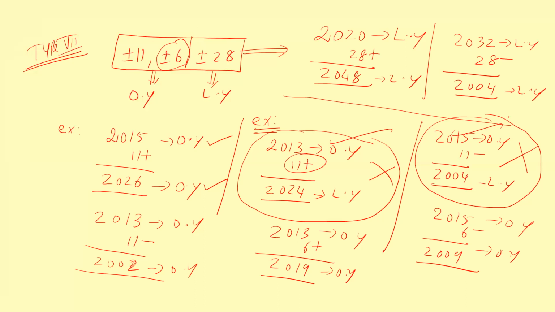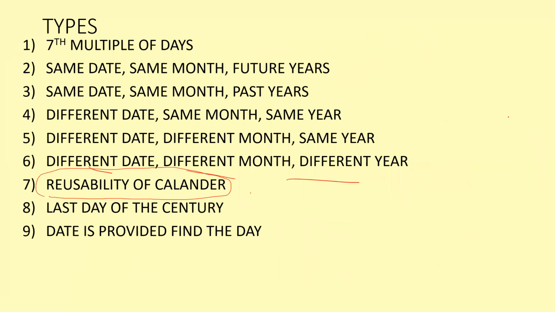Right. So in the next video we can see the remaining two types, that is type number 8 and 9. So these two are different varieties. So from 1 to 7 having a reference date. For everywhere we will be using reference date. But 8 and 9 won't have a reference date. So we can see in a separate video. The next video you can see type number 8 and 9.